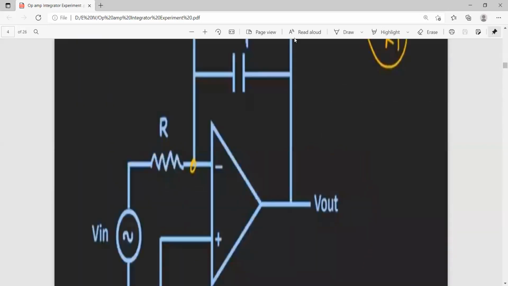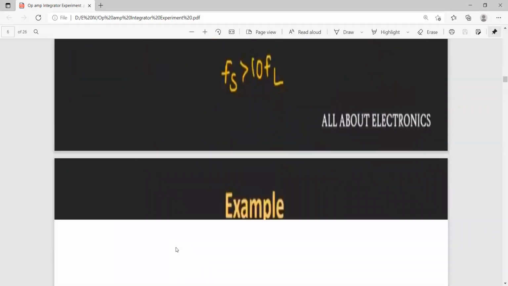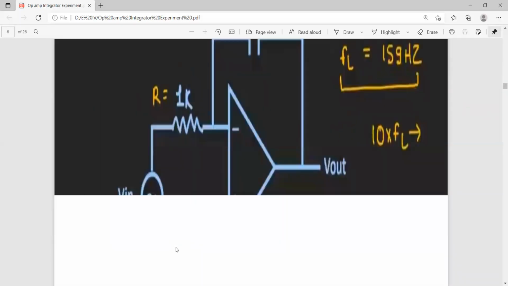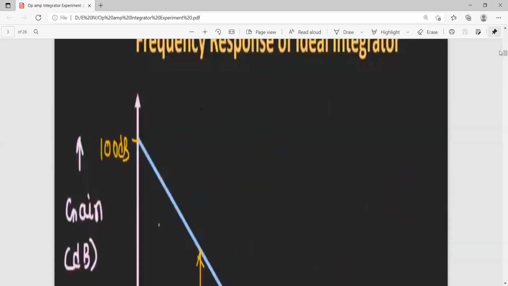The circuit is the same pattern as for the integrator. In place of the capacitor here, you can connect it here. So RF is as it is. Remove this, and the feedback resistor stays as it is. The capacitor is connected at the input. Then it is acting as a differentiator. So in that situation, your output is the differentiation of the input.